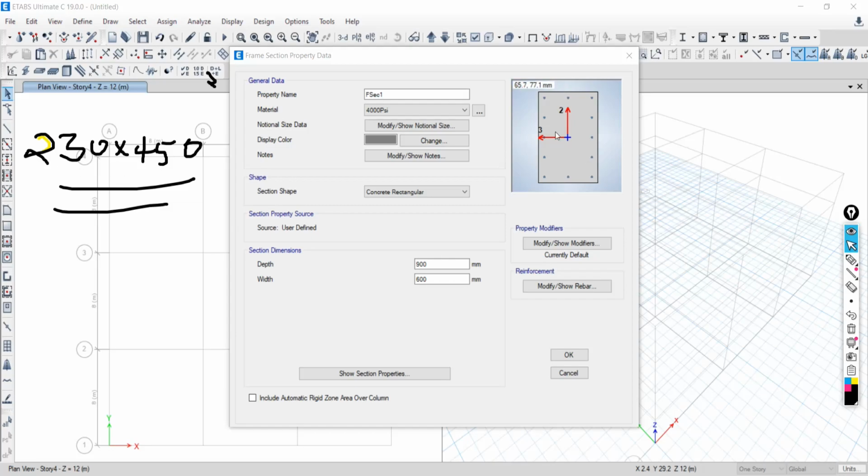So you have to give the naming of the beam such that it should represent everything about the beam. By just looking at the name of the beam, you can understand everything. How? Let's try to understand. Suppose it is the beam. So I am going to write the name as BM. What does it mean?